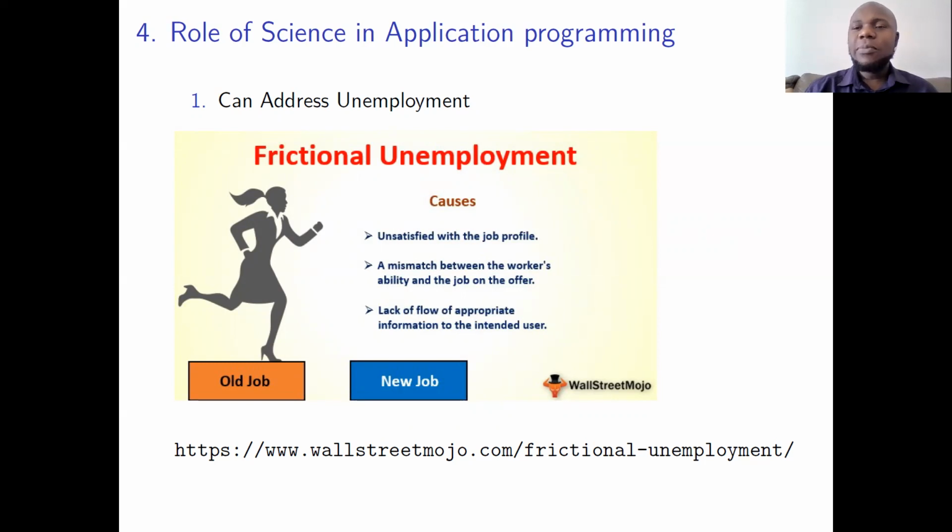By developing an app, for example, scientists who are good at programming can program an app that links the attributes of the job seeker to what the employer requires. Of course, we do have a number of employment search applications, but I think much more can be improved and streamlined using machine learning and citizen science. Some of these things are in operation already. But this is science in action.